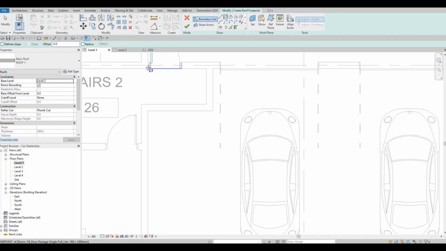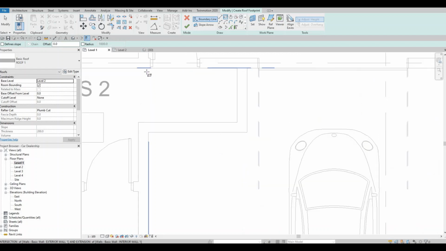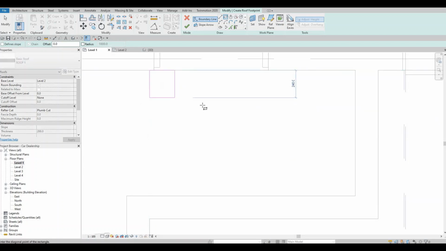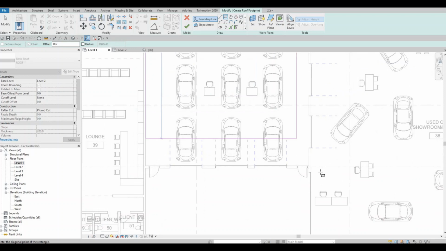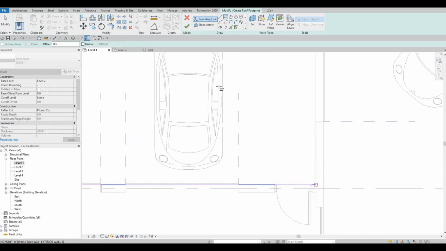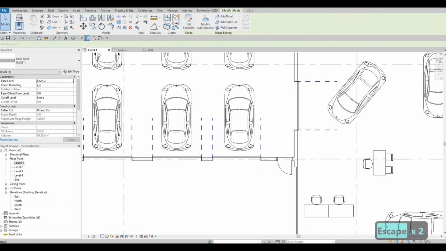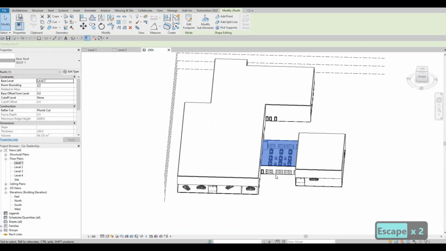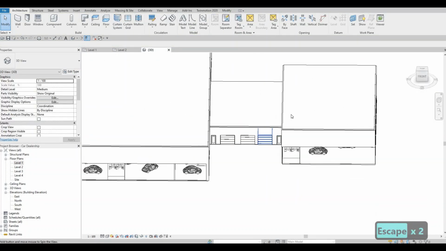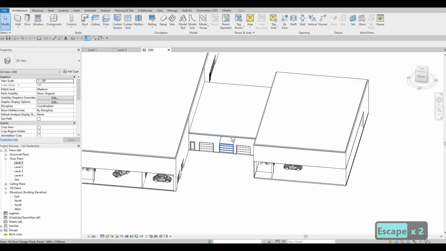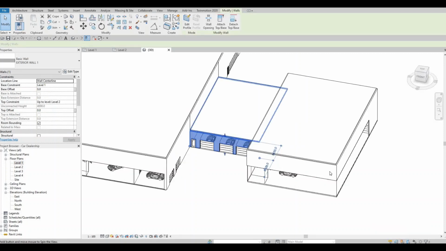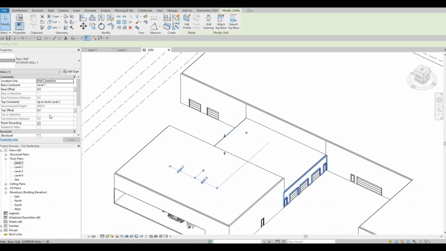I just need to have this one so that we could add the inside of this, and then click on finish, and if we check 3D, it will look like that. So what we could do is we could just extend both of these. So we need to top offset 600,